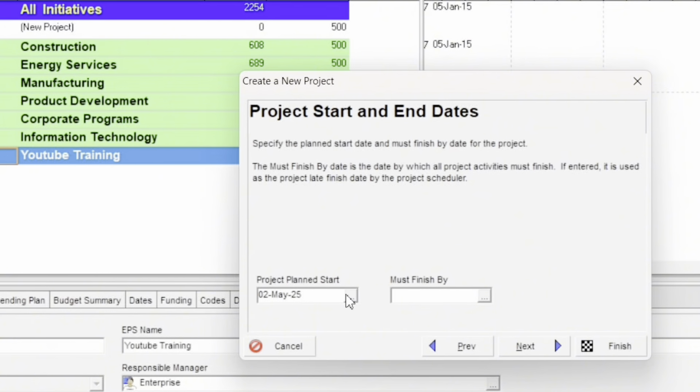Let's assume that the project was planned to start today, but I don't know when the project is going to finish because maybe things have not been sorted to agree on that. We're going to assume that we don't have all of the information for this particular project, and we're going to just try to create it with the information that we have. Moving forward,